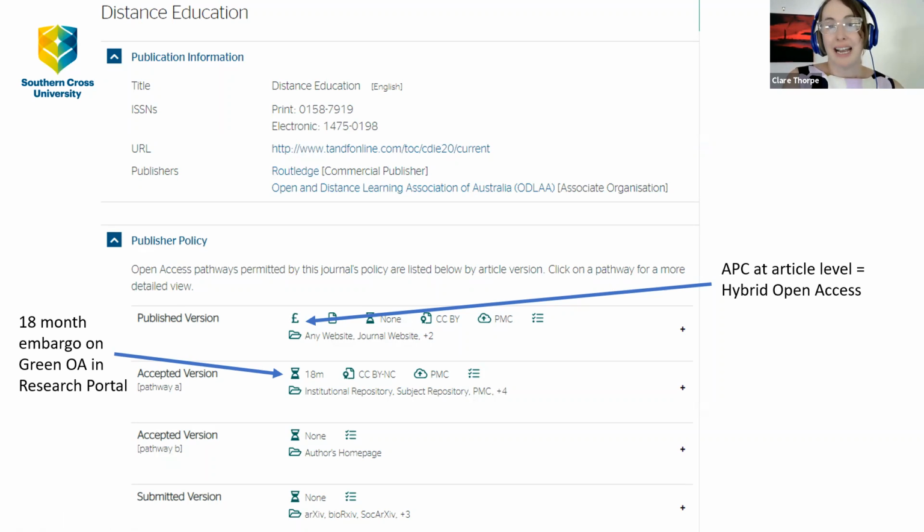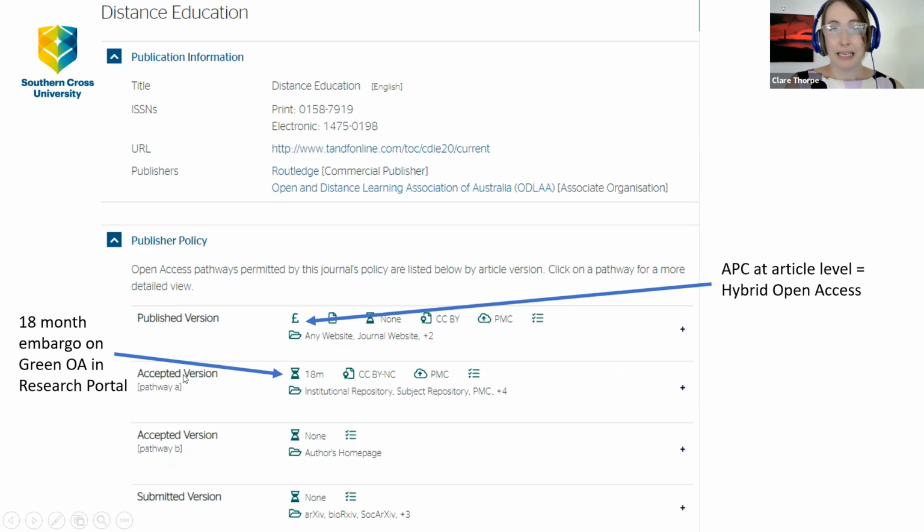So in this case, I would be recommending that you have a look at the next line around what your options are for the accepted version, because this tells you when you can make your accepted version available in the research portal here at Southern Cross University. And what we can see here is, to be honest, not ideal.